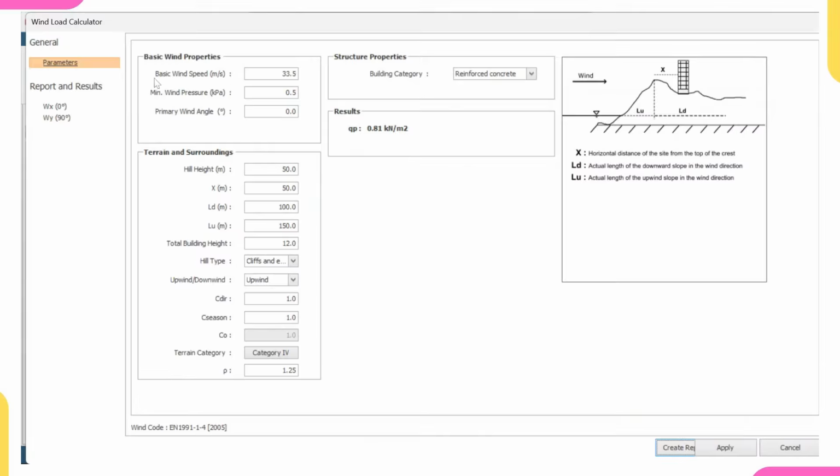So at this point, look at what they're asking me. They're asking for basic wind speed. So basic wind speed in my area where I'm designing this building, the wind speed there is 30 meters per second. Yes, but if you want to get the wind speed of your area, you'll browse about the wind speed of that location in the last 5 years. Yes, once you get the wind speed of that location in the last 5 years, then you now take the